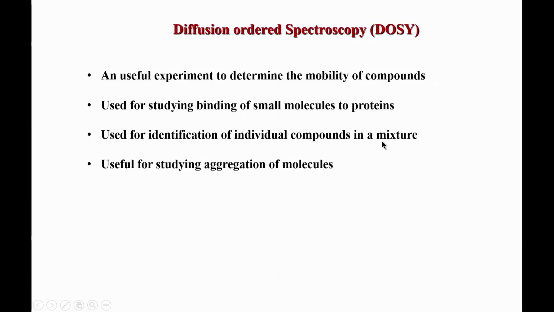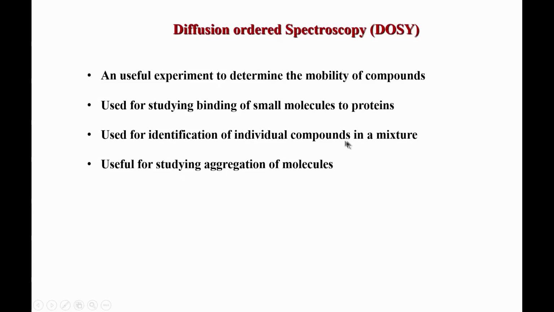Suppose your mixture has 2 or more molecules, and you do not know whether the number of molecules is 2 or 3 or so on. If they are different in size, then one can use DOSY to differentiate or separate the molecules. The main thing is that they should have a difference in size, because translational diffusion, as we will see later, is very critically dependent on the size of the molecule. The bigger the molecule, the more slowly it will diffuse in a solution. Similarly, if the molecule is small, it will diffuse faster in solvent.